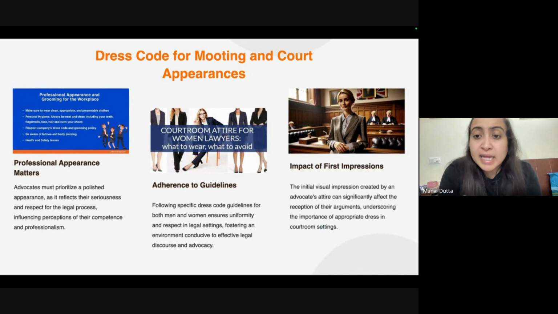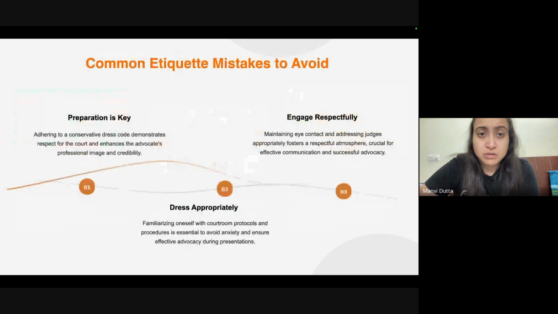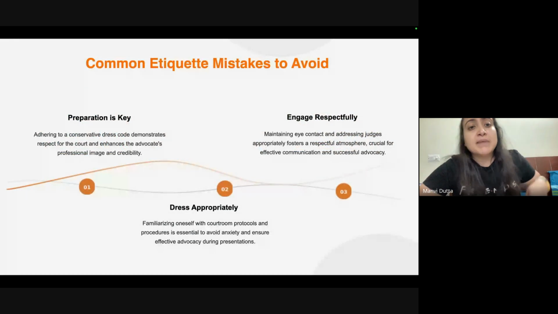The initial visual impression created by any advocate can significantly affect the reception of their arguments, as well as their scoring, as well as the importance of appropriate dress in courtroom settings. So it is also very much important to follow a proper dress code whenever you are participating in a moot court competition. Then comes common etiquette mistakes that